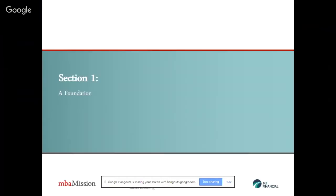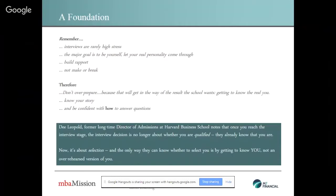So let's start off with foundation. Let's talk about what you should be thinking about when you get that initial invitation for your interview. First of all, it's really important to remember, and I think it's hard to remember this sometimes, that interviews are rarely high-stress situations, right? When you walk into an interview, yes, you might be nervous, you might feel stressed, but how often have you actually been in an interview where you felt like it was a high-pressure situation and the interviewer was really putting you on notice or putting you on edge? Doesn't happen very often, right? The questions are generally fairly generic, and I always say an interview should be an enjoyable experience